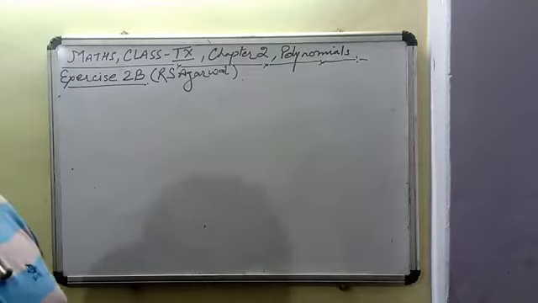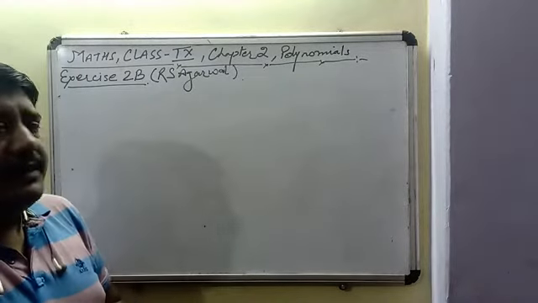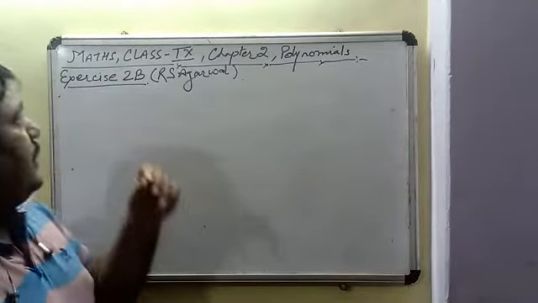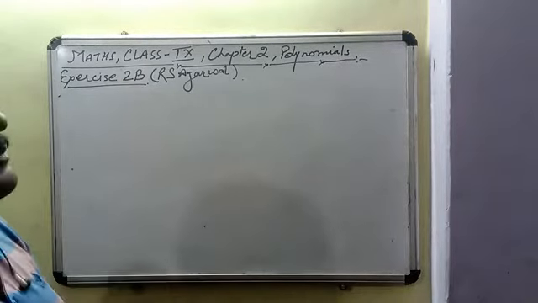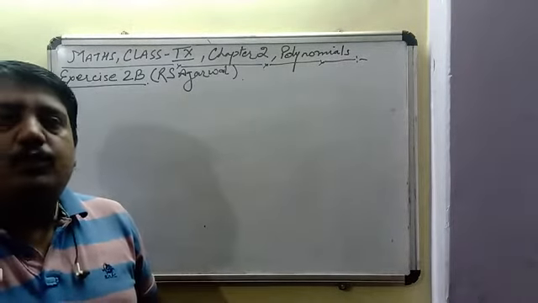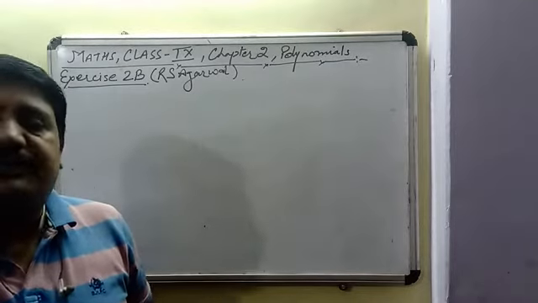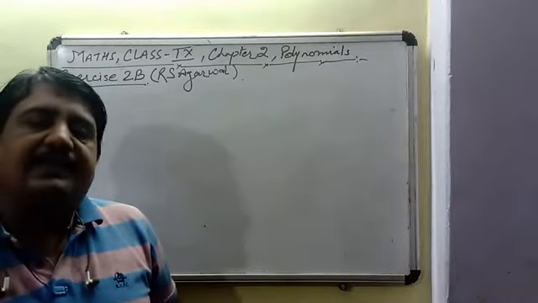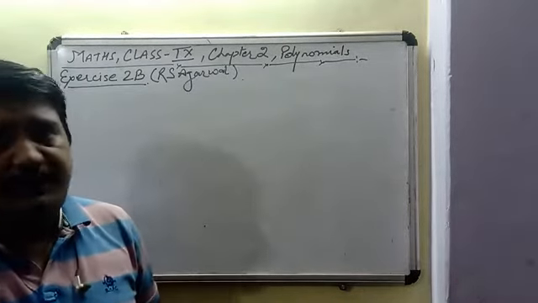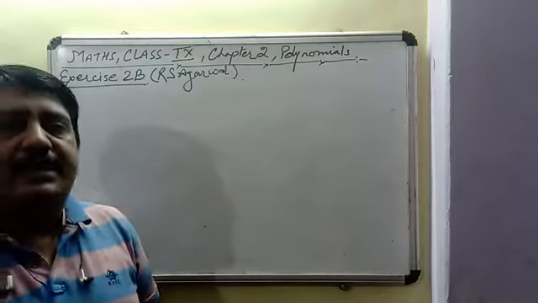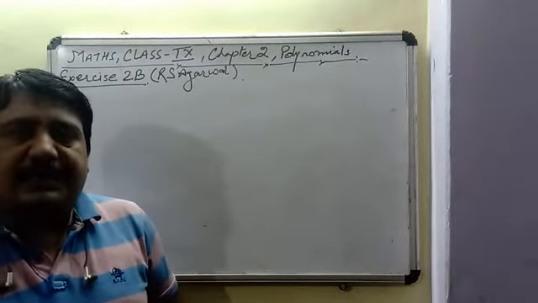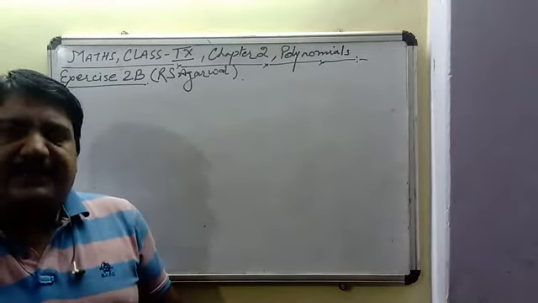Now we are getting into the exercises of our book R.S. Agrawal, prescribed for our school. So we are starting with exercise number 2b. If you go through exercise number 2a, that is the simplest exercise, the questions ask what is the degree of the polynomial. We already know that the maximum power of any variable in the given polynomial is known as the degree of the polynomial. So that exercise is quite easy.